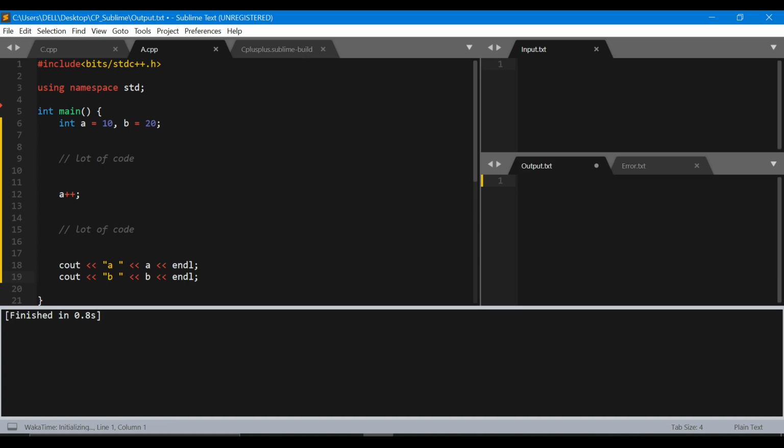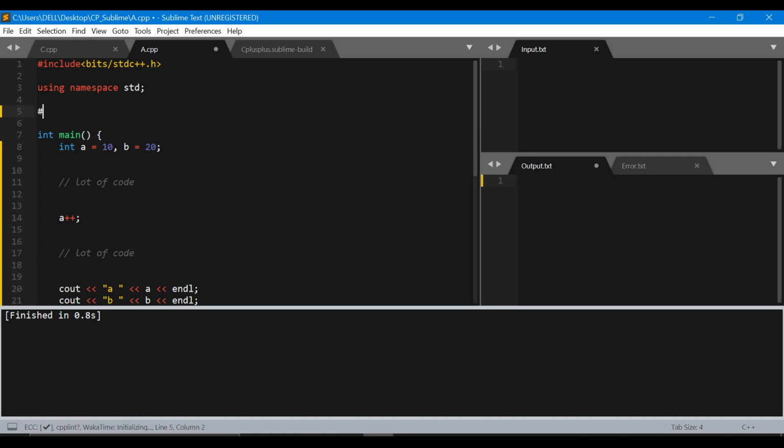But this is obviously only for two variables here. What if you had 10 variables? You can't be writing this silly line of code again and again, right? So in order to prevent yourself from doing this repetitive task, you can create a function. And instead of a function, we can create a hash define here. Let's say we name it debug. So this is basically like a function here. Whenever you call this function debug x, it will do the same task. It will print out that variable x.